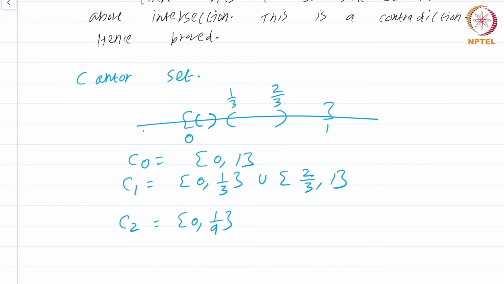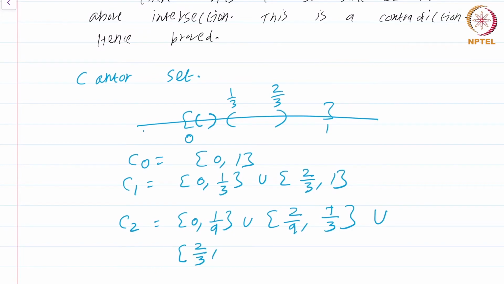So what will remain is union [2/9, 3/9], which is just [2/9, 1/3], and that's going to be union [2/3,